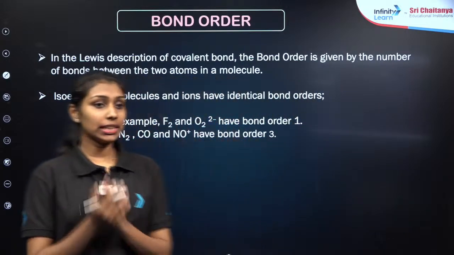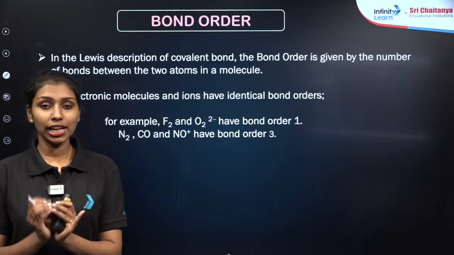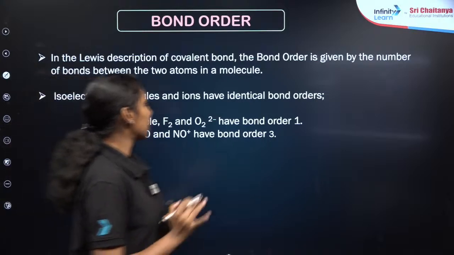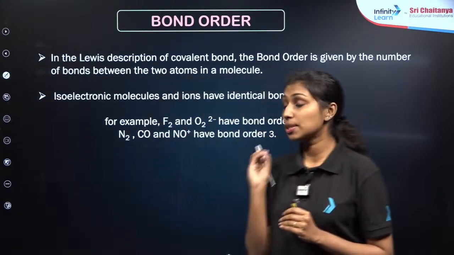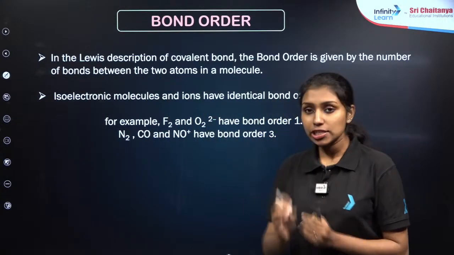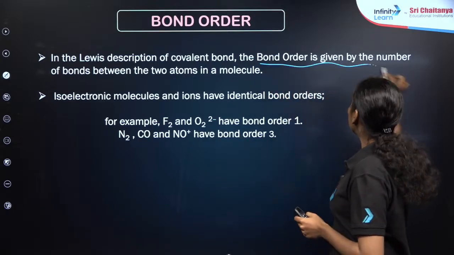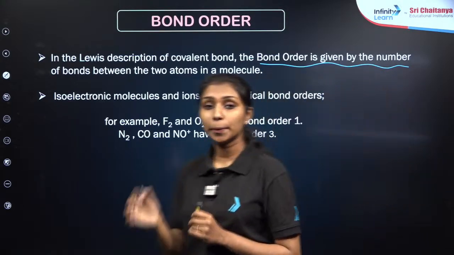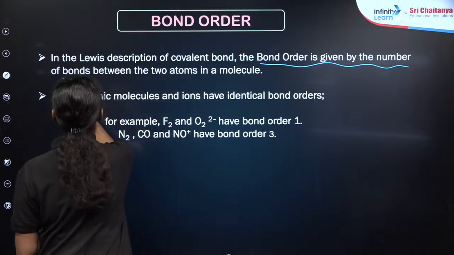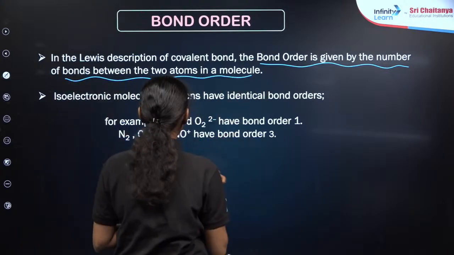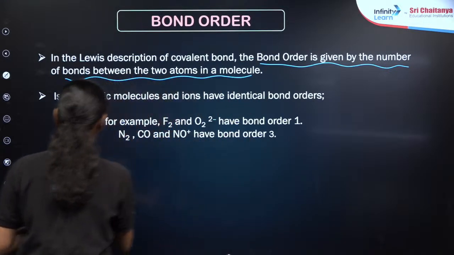Now, let me move to the third parameter, that is the bond order. We have already discussed the bond order, right? In the case of a Lewis dot structure, we can say that the bond order is the number of bonds formed between two atoms. The number of bonds formed between two atoms. For example, if I am taking